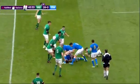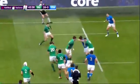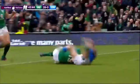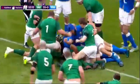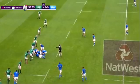The Italians were authors of their own misfortune 4 minutes after half-time. The normally reliable Sergio Parisse with the loose pass in midfield, which was picked off by Henshaw. The Irish number 13 away, and despite the best efforts of Tommaso Benvenuti, Rory Best forced his way over for the score. The 35-year-old proving the Italians in the crowd had little to cheer about on the day, but the